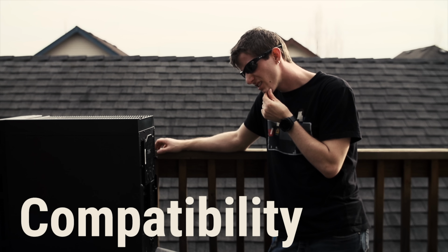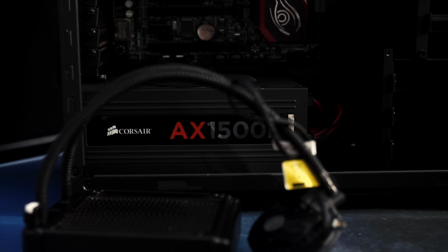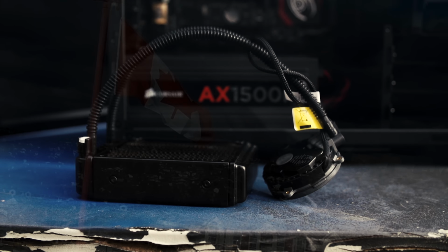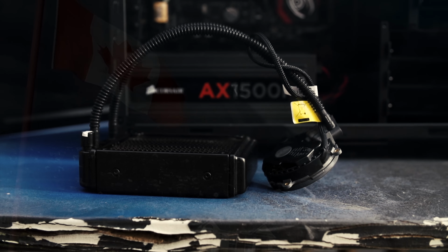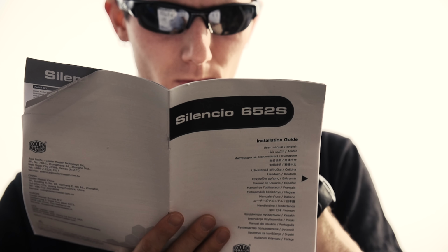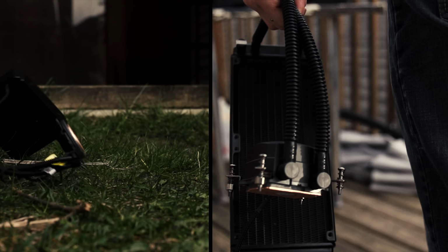I started by learning about so-called compatibility. My case can handle a 4 3/4 inch radiator, that's 120 millimeters if you're some kind of sissy or Canadian. But as a rugged man, I believe bigger is better. So after consulting my manual, I eventually chose a 240 millimeter radiator, the largest I could fit in the top